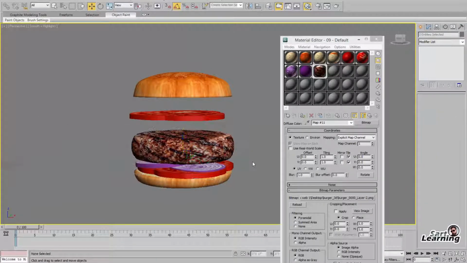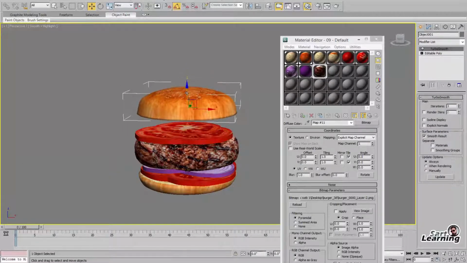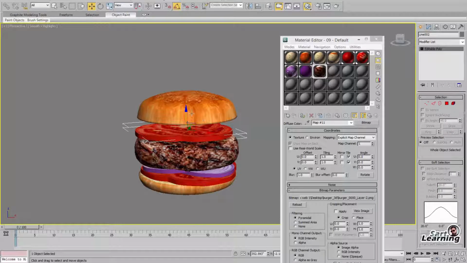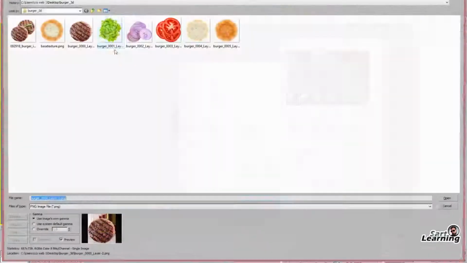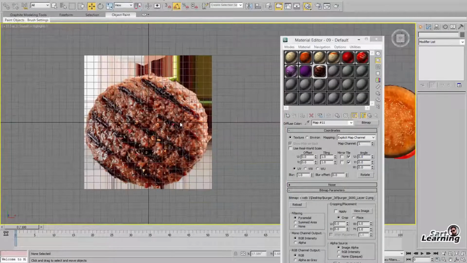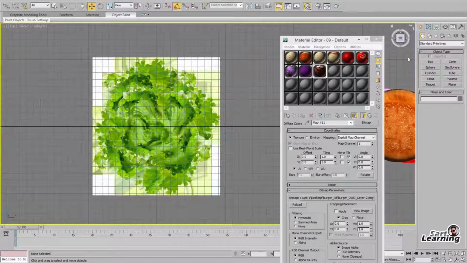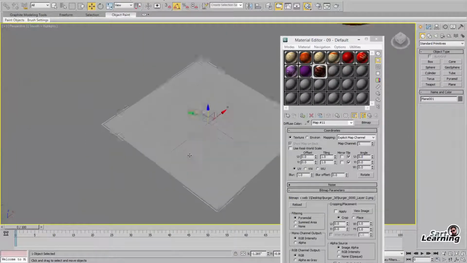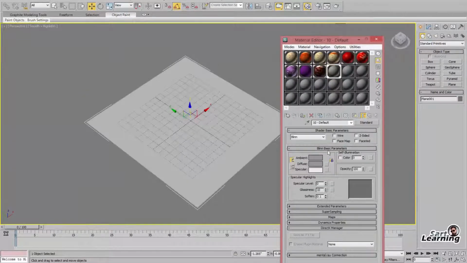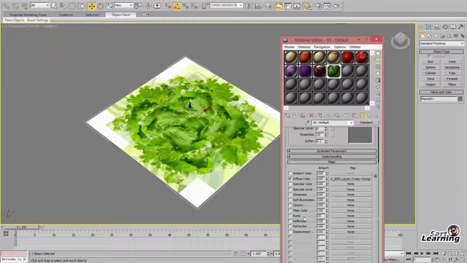Okay. Now the next thing is the lettuce. Lettuce is a very complicated texture, so for this I am not creating a geometry. I am using the technique of opacity mapping. So this is the PNG, so I place a normal plane on the iceberg and apply a texture of this iceberg lettuce in a diffuse color, and the same in the opacity.